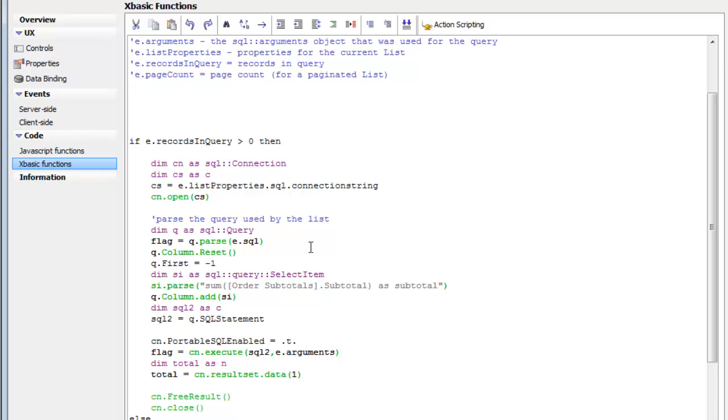So now we have a connection to the database. Next, we're creating a query object so we can parse the SQL. The reason we want to parse the SQL is that we want to use the SQL statement that was used for the list. So we want to keep all the join statements that were computed by the query builder, and we want to keep the filter expression, but we want to remove the columns and replace the columns with